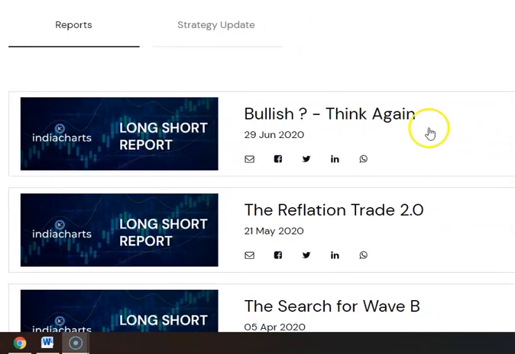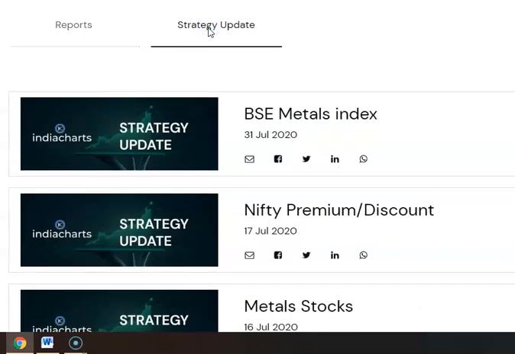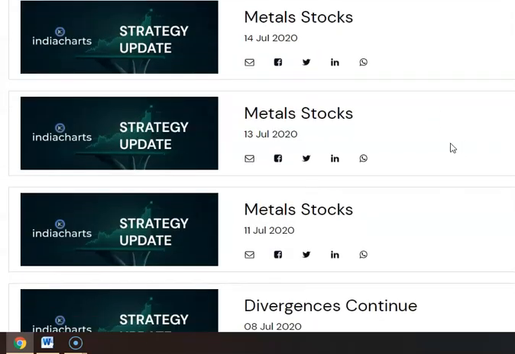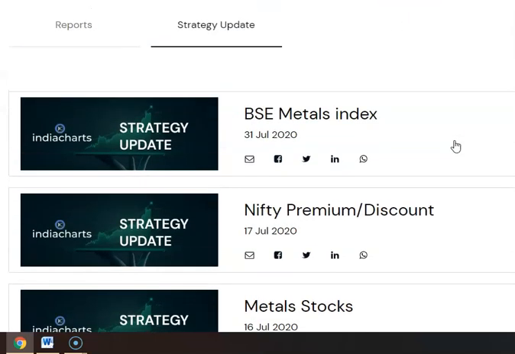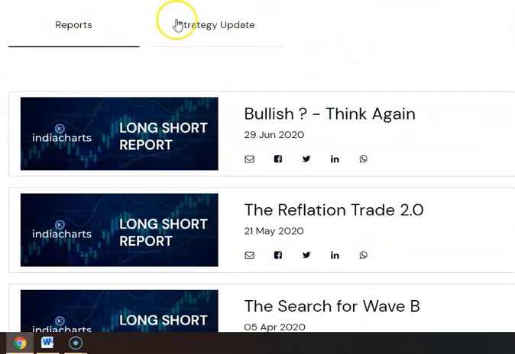These are each one of them covering the market outlook for the month or 2 months and the long-term charts. Almost 20 to 30 charts that I put out looking at global macro strategy across world markets, currencies, commodities, everything. So then I write strategy updates from time to time based on either the indices that I'm covering or particular sentiment readings, whether they're getting overbought or oversold. So you find this in the multiple strategy updates that I follow up after writing the long short report.